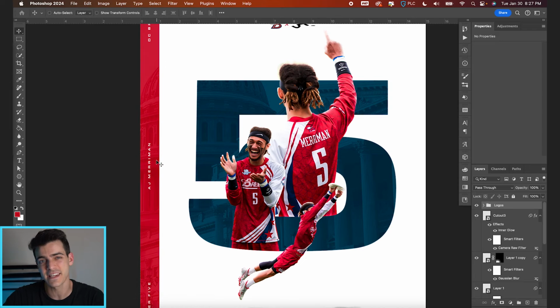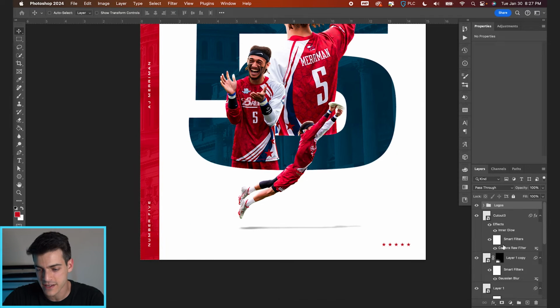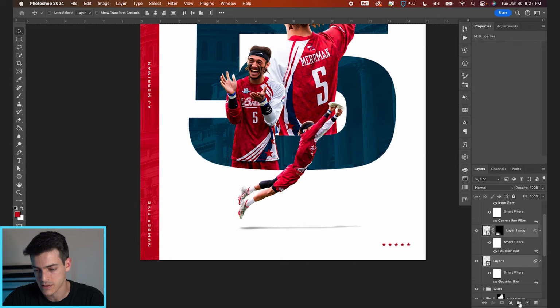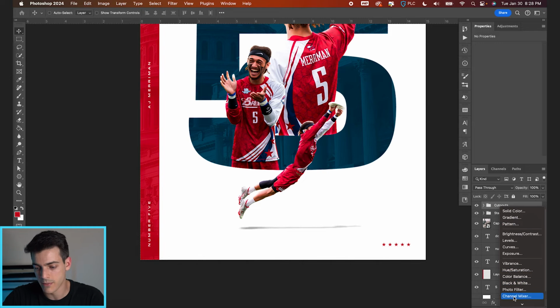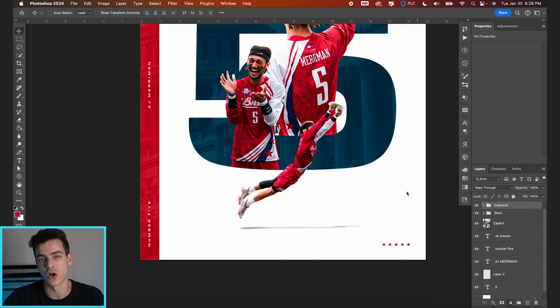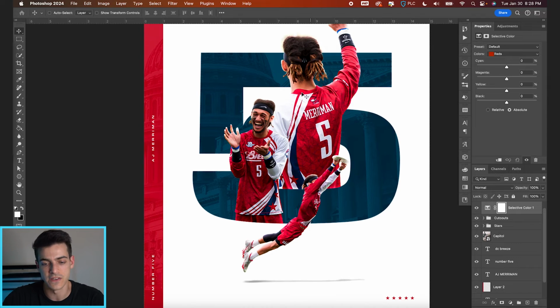It's not quite the same red as the red we have on the side here, but let's bring all the cutouts together. Small cutout, big, medium. Let's just bring both those into the same folder. Call it cutouts. I'm gonna add a selective color adjustment layer, which is gonna allow us to fine tune these